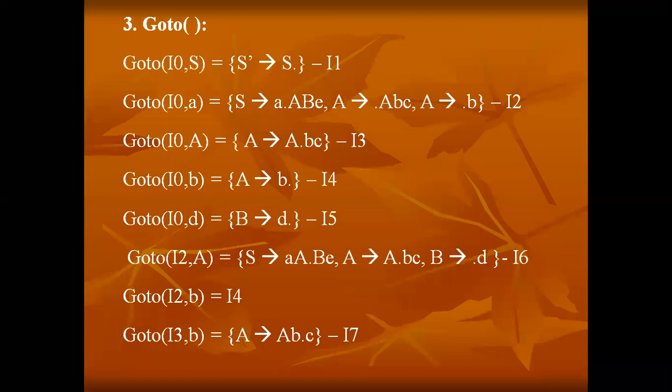In step number 1, formation of the augmented grammar. In step number 2, computing closure and the goto function. And step number 3 is finding out the first and follow function. For this grammar, you all should write down what the first function output is for the non-terminals and what the follow function output is. Then in the next class, I will explain how to construct the parsing table, and then I will show how the stack implementation is done by parsing an input string.